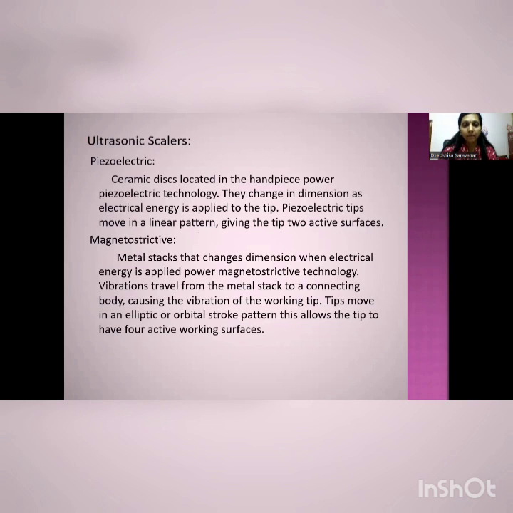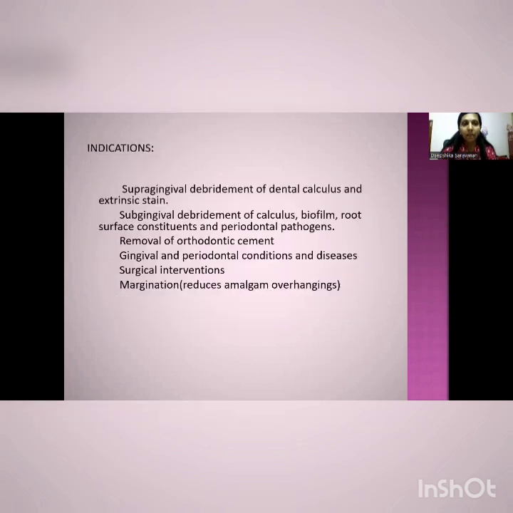Piezoelectric is a handpiece. They change the dimension of the electrical handpiece that moves. Magnetostrictive is metal stacks that are applied power using magnetostrictive technology, and the vibration travels through the metal stack to the connecting body. Tips is mainly in the elliptical motion, mainly supragingival, subgingival scaling, removal after orthodontic treatment,